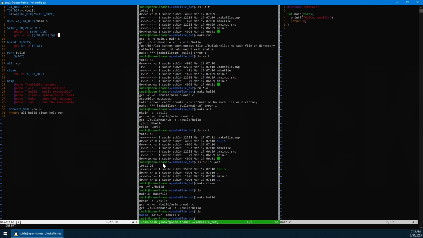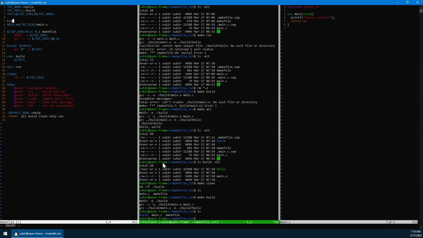And the reason for the first dependency is that we can specify more than one dependency in this list. For example, you may want to say that anytime a Makefile is updated, we may want to recompile all the C files anyway, because it may change some flags, some parameters. Speaking of flags, let's add flags here as well, because we all know flags are great and some of them are better than others. The ones I personally prefer would be all the warnings and also extra warnings. And let's just for fun make it